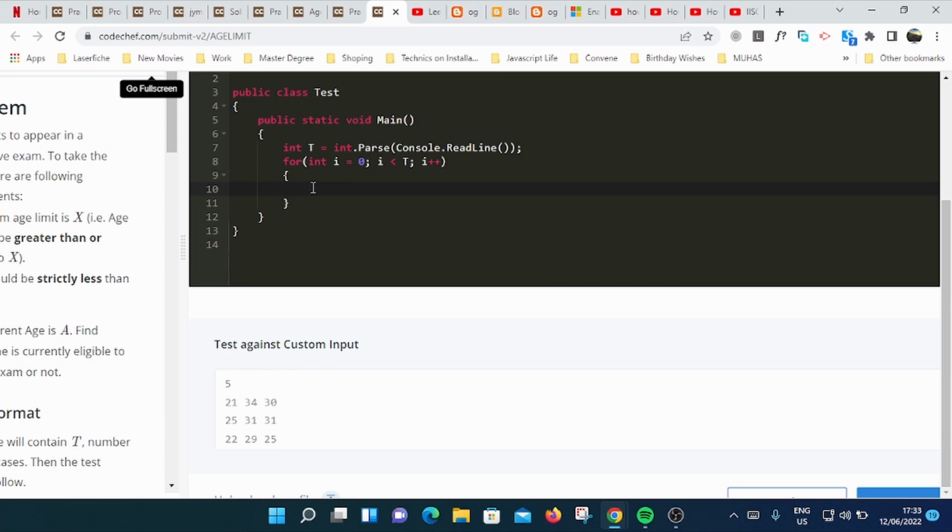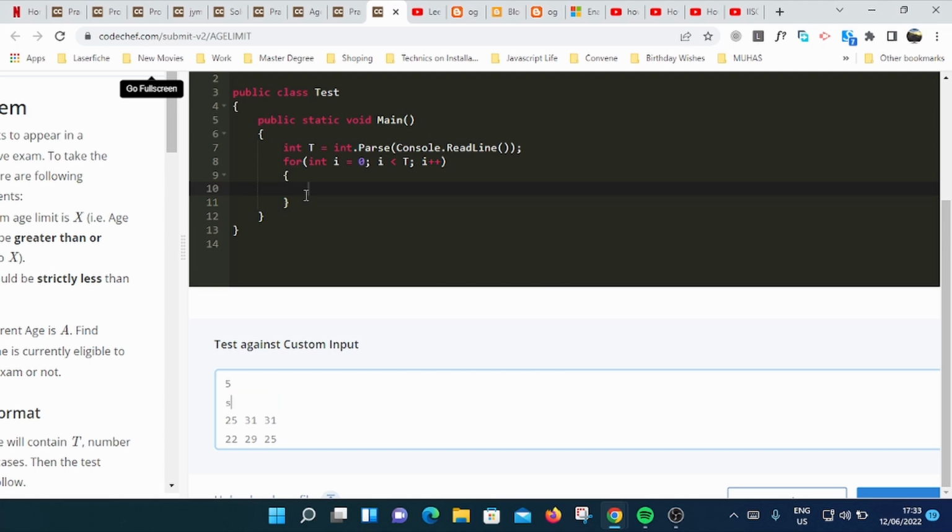So after reading the number of test cases, we're gonna loop within the number of t. It's 5, which means we're gonna loop 5 times to get to each test case in order to work on those test cases. So for example, to get this second line, you need to